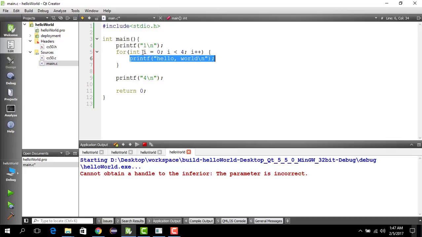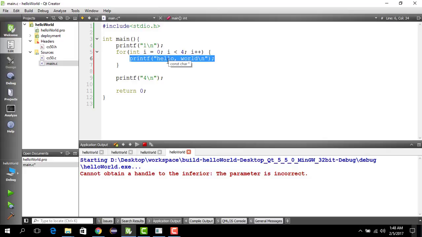So you initialize i to 0, then you check if i is less than 4, then you print hello world. Then you increment i by 1, and you again check if i is less than 4, because i now has the value 1. Since it is the case, we print again, then we increment again. The i value is now 2. 2 is indeed less than 4, so we print the third time, and then we go back again to increase the value of i, then it becomes 3, and we check 3 is less than 4,